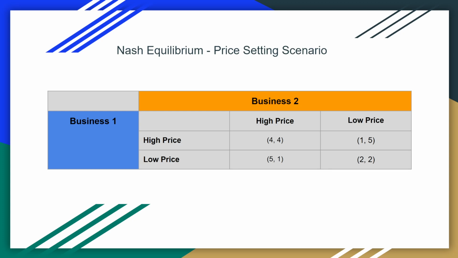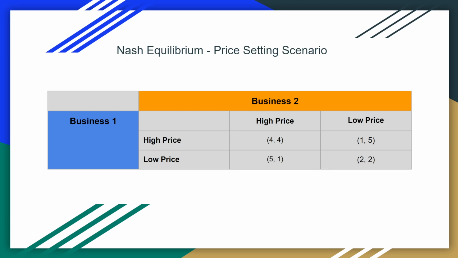Each cell represents the outcomes for the two companies, player 1 and player 2. The numbers in each cell are the payoffs for player 1 and player 2 respectively. For example, if both players choose high price, they each receive a payoff of 4. If player 1 chooses high price and player 2 chooses low price, player 1 gets 1 while player 2 gets 5. The goal is to identify the Nash equilibria, the stable states where no player has an incentive to unilaterally